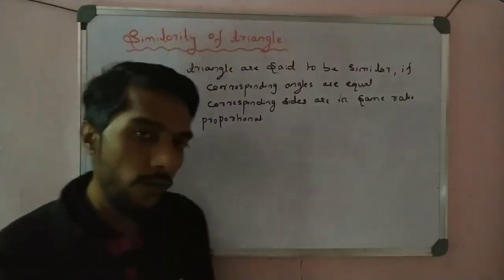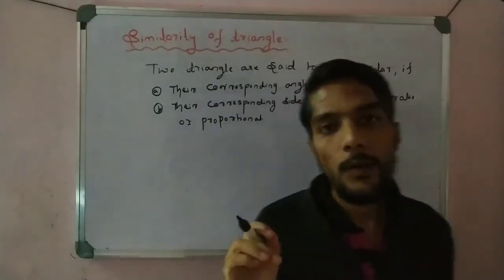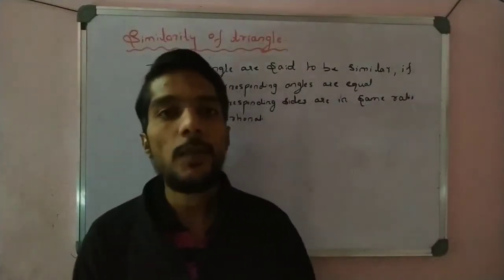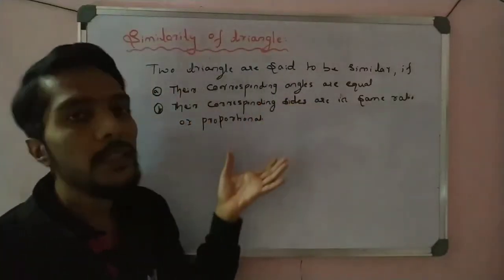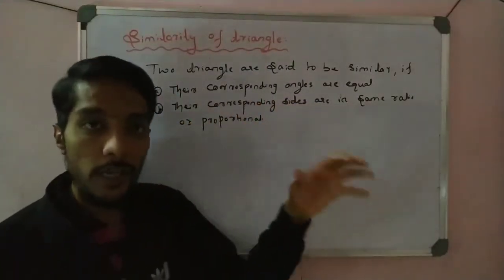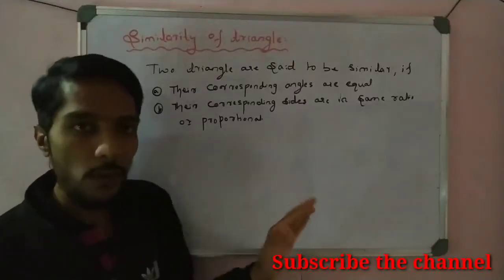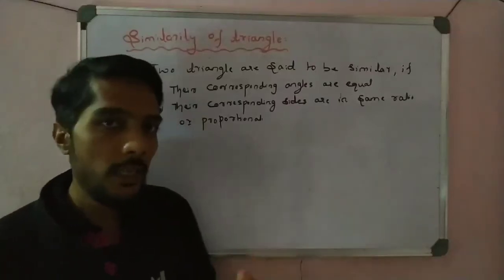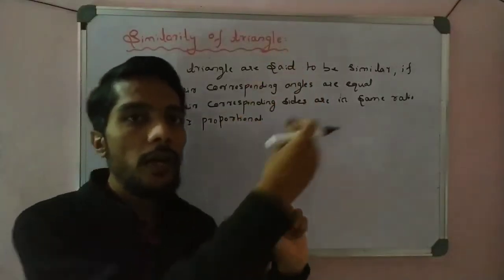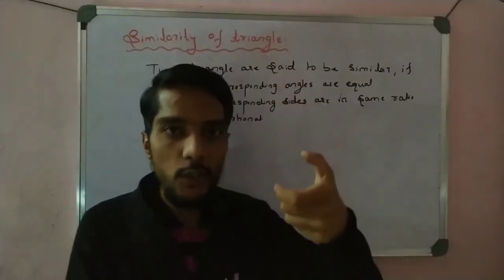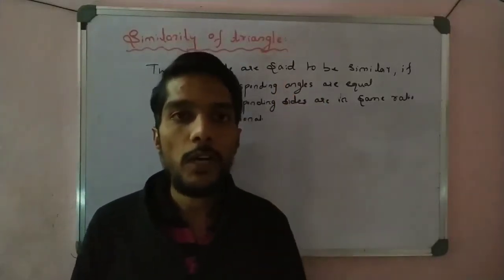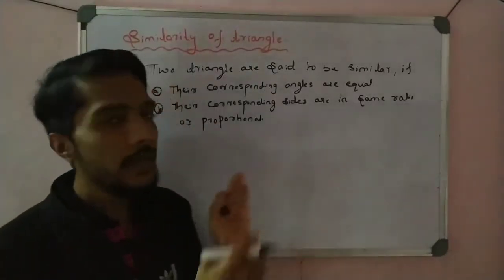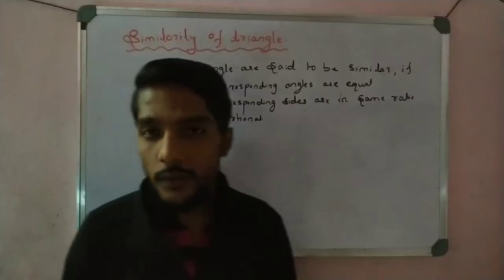In examination, a very important question is to define the similarity of triangles. When we say triangles are similar, or when asked to state whether the triangles are similar or not, you must apply these two conditions. One condition is that corresponding angles are equal, and then the corresponding sides are in the same ratio. When we divide one side of a triangle by the corresponding side of the other, we get the same ratio. For example, in the last video, 1 by 2, 1 by 2, 1 by 2. So like that we have to state it.